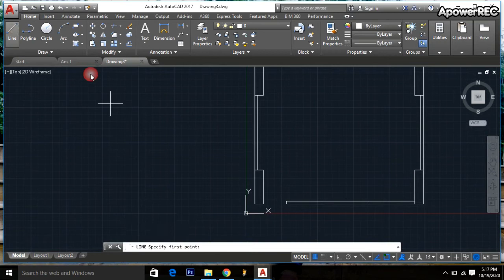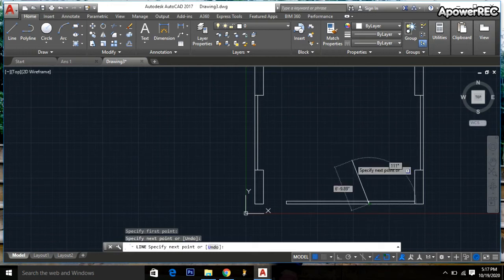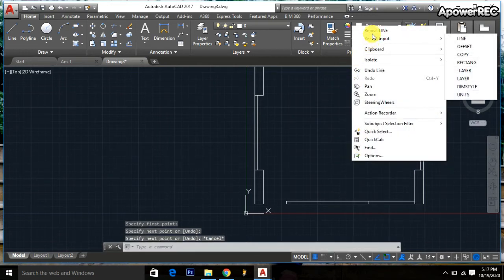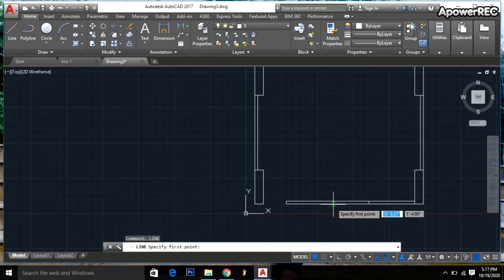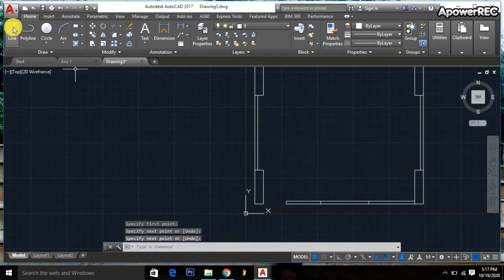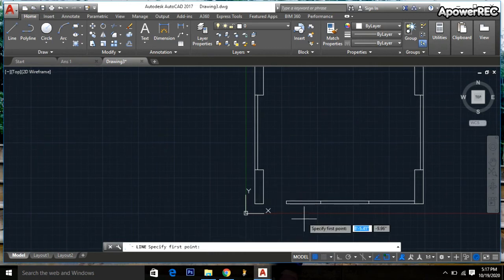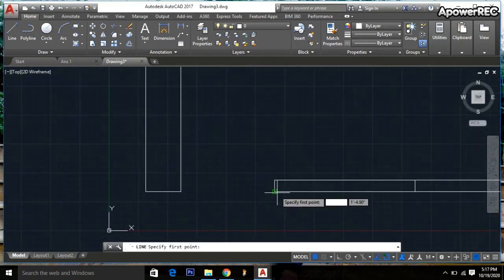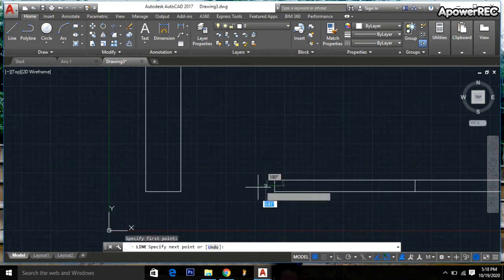I am taking the line command again, from here to here, again escape, right button click, repeat line. Then from here to here, right button click and enter. Then I am taking the line command again. The middle point is here, the arrow sign is indicating, so it will be 2 inch.